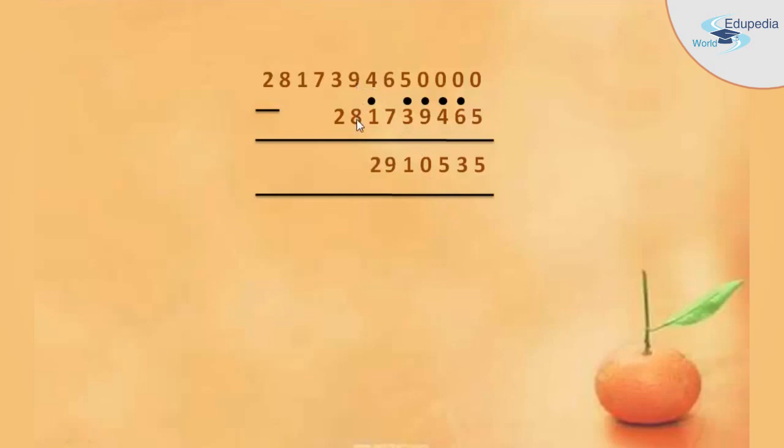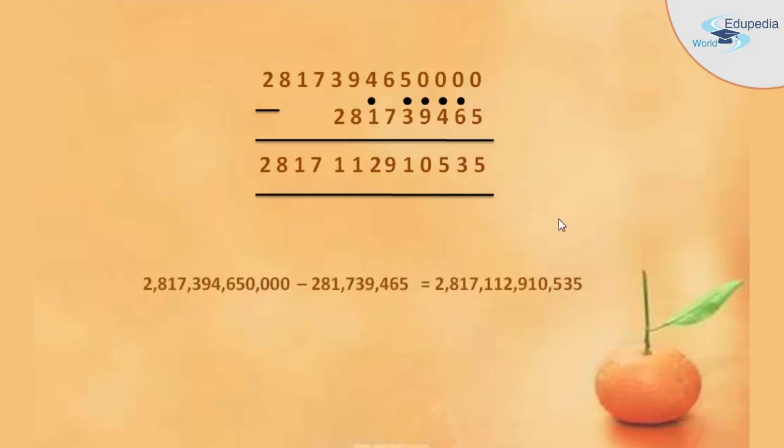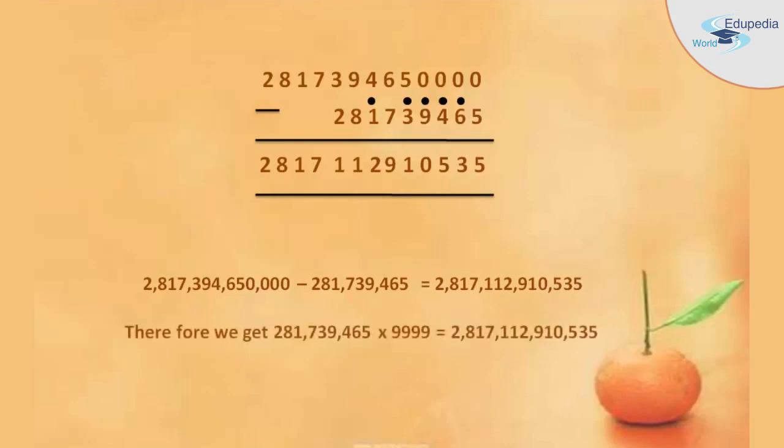Now again 9 minus 8. Why? Because here 9 is greater than 8, so we have to do normal subtraction. So 9 minus 8, you will get 1. Write down that 1 below the horizontal bar. Again 3 minus 2, you will get 1. Write it down below the horizontal bar. Since there are no more digits to subtract, I have to write these digits as they are. So this is the answer that we get when we subtract these two numbers. And guys, this is considered the final result when we multiply the numbers